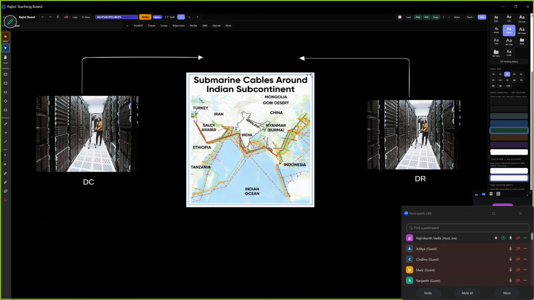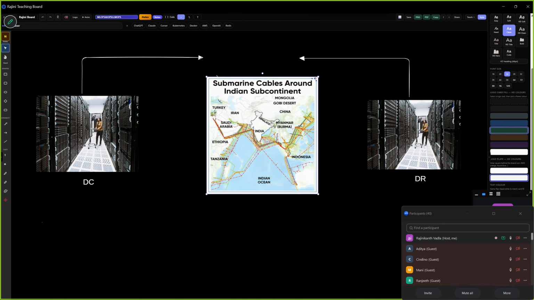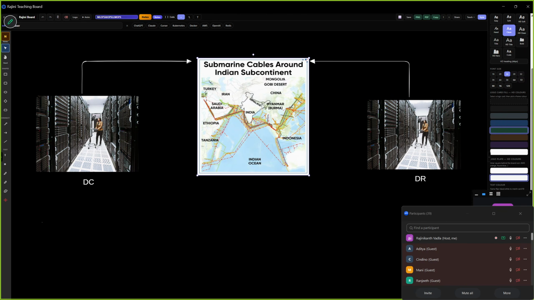So there will be a tower, sir. Okay, you will connect to the towers. Okay. So this is an example I'm telling. Sorry if you are in another country. You can see, sir, there are some points. So this is Mumbai point, this is Chennai point, this is Kochi point, this is Delhi point, and Ahmedabad point. There are some points there.